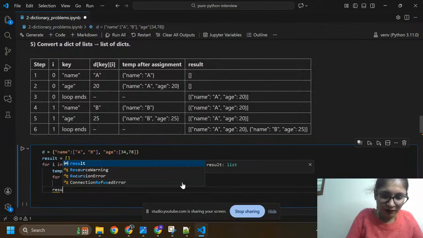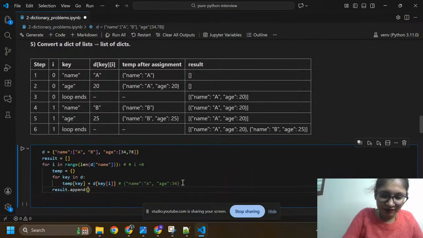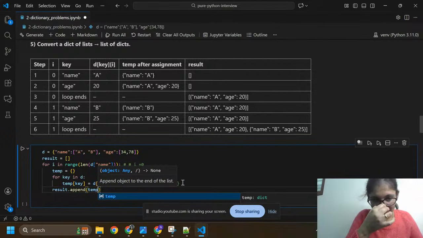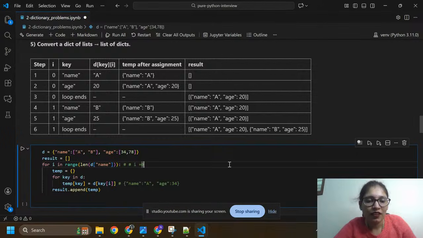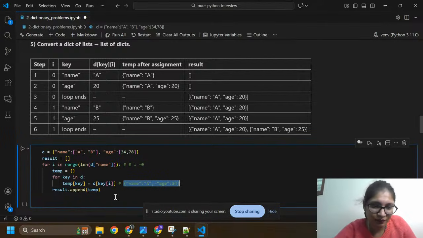So result dot append temp, because here I have stored everything, every key, inside the temp. Okay, so here I'm going to append this temp inside the result. Okay, temp equals to this: name colon a and age colon 34. Okay, so here I append these things one by one,